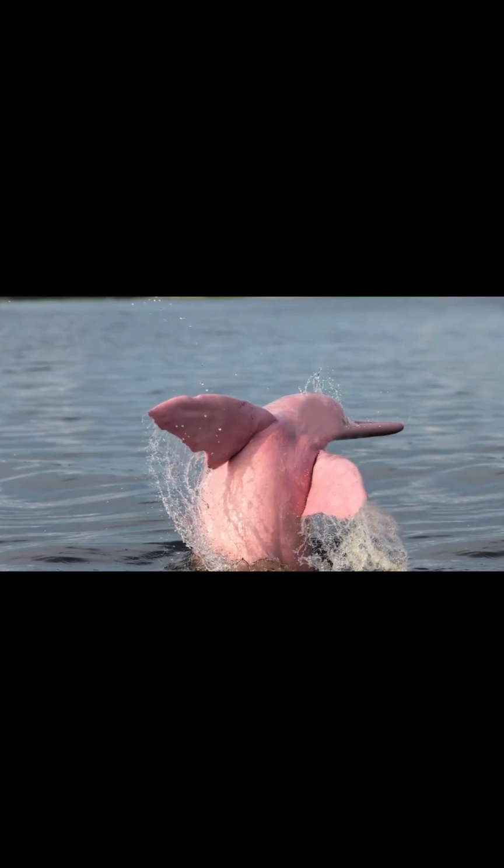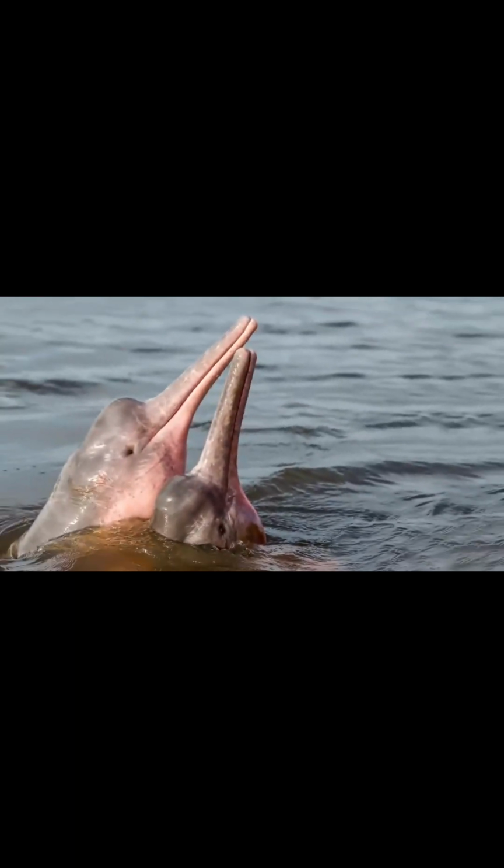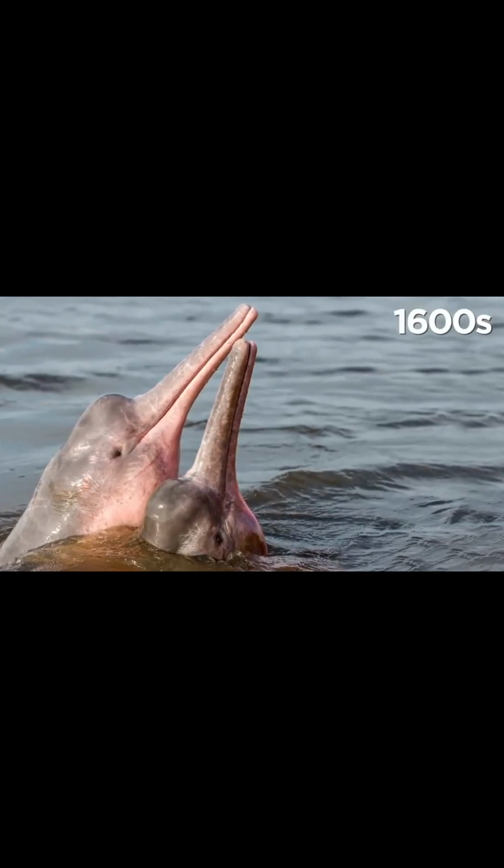Pink dolphins. Pink dolphins may sound like something from a fantasy land, but they're about as real as they come. These rosy-hued ocean dwellers are actually known as the Chinese white dolphin. These creatures are beloved by the people of Hong Kong for their pale pink coloring and apparent abilities to bring good fortune. They were first recorded in local waters as early as the 1600s and inhabit the waters surrounding the